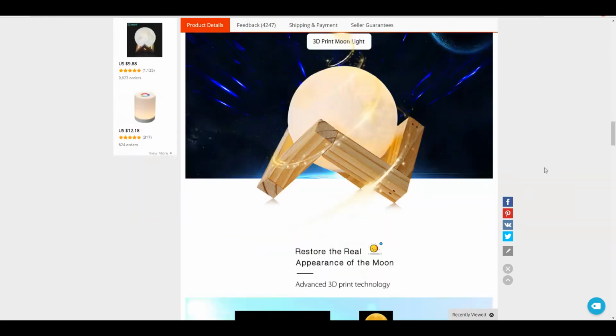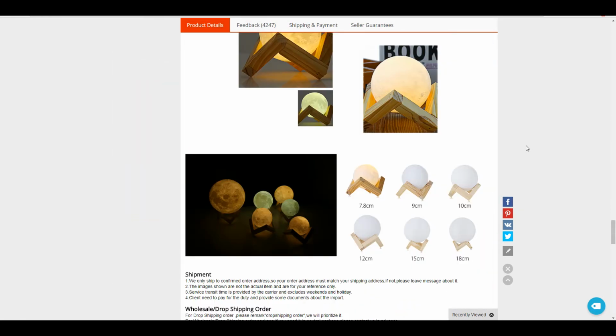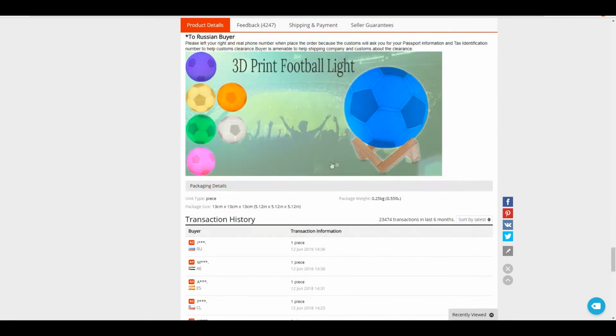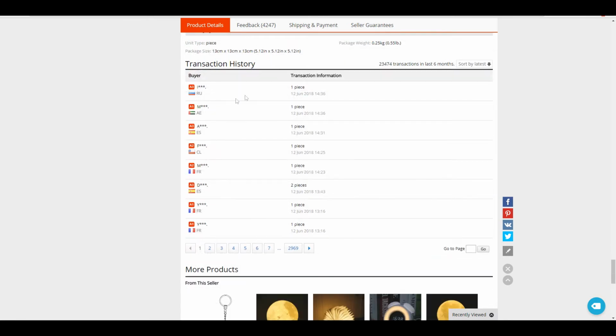So what you're going to do is come down here, and once you come down all the way, you can see transaction history. Now this transaction history helps you out a lot. First of all, you can see when people ordered the product and also where they ordered it from. I'll show you guys one product where most of its sales were from the US, and that's a really good sign. That means the product is actually being dropshipped, because most dropshippers market to US buyers. So if it has a lot of US flags over here, then that means the product is being dropshipped and